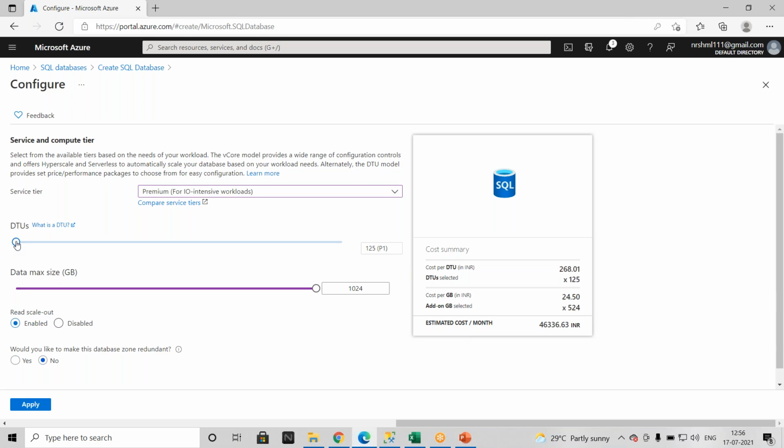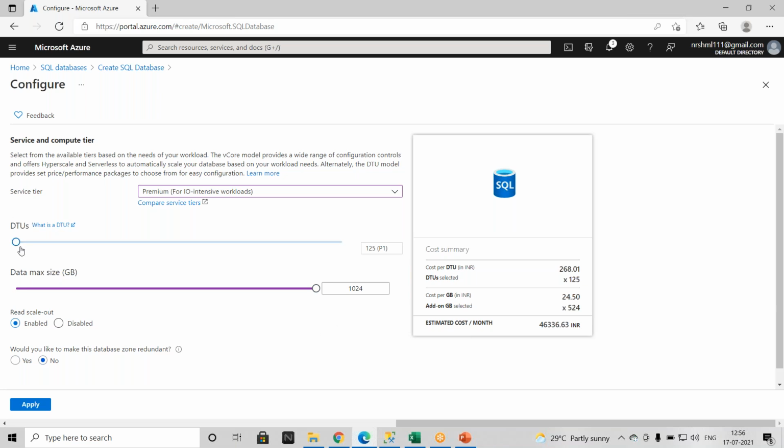When you go for premium, here is one interesting concept: the minimum is 125 DTUs. Even if you reduce your database size, Microsoft is not charging more for your storage. Microsoft is charging more for your compute services.